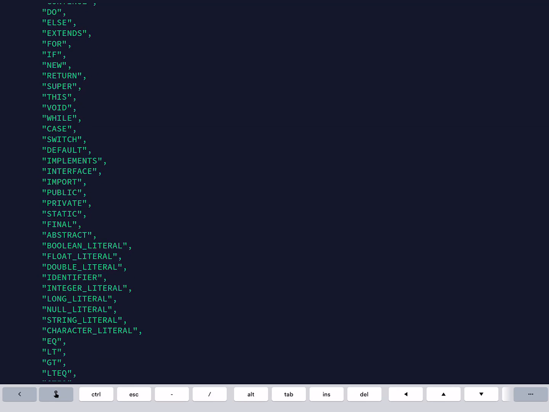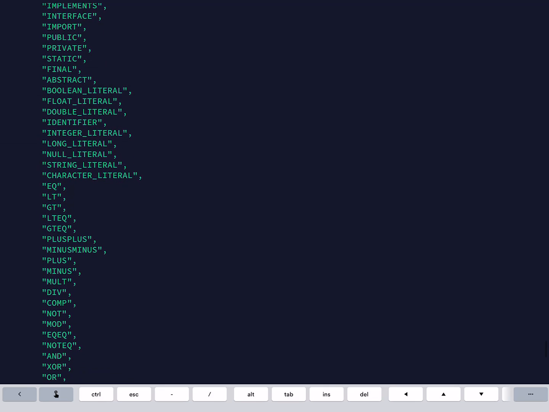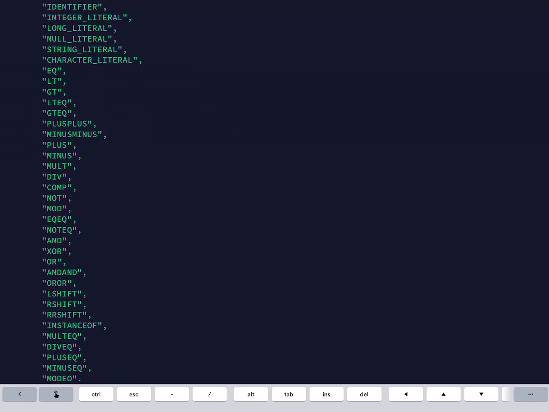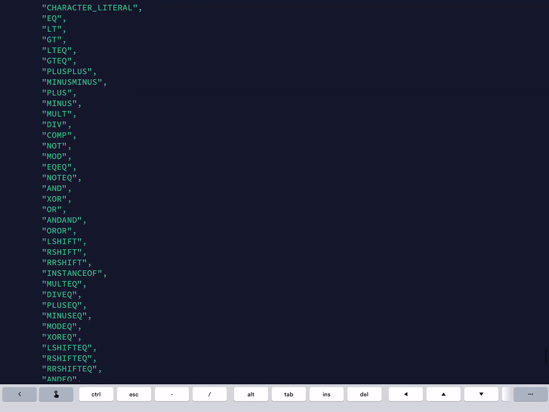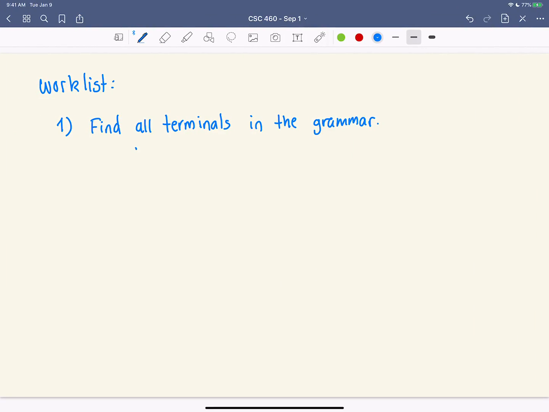Then comes all the literals here. They're pretty obvious as well. EQ, equal, LT, less than, GT, greater than. So you will be able to match up pretty much all of them, except for the 2 that you can never remember what are, and that's probably comp and XOR. So you end up with comp and XOR being, which is which. Should we just write down here that comp is that one, and XOR is that one.